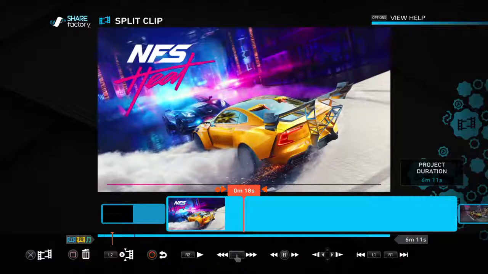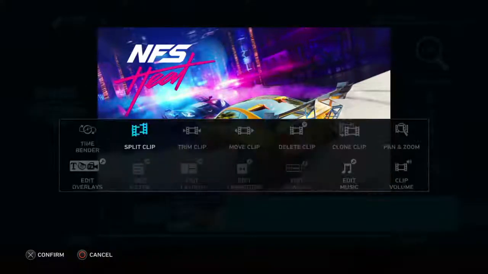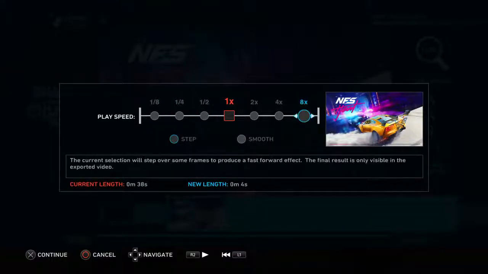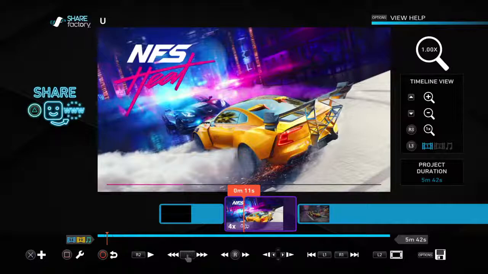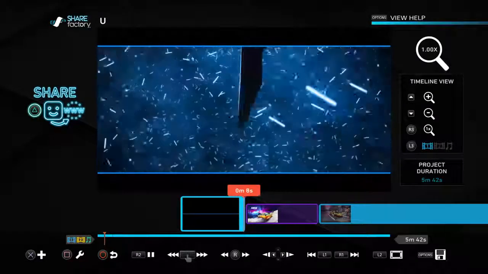Now, with time bender, right now, I'm just going to go ahead and hit circle. We're going to go back to our main settings. Once we went back to our main settings, we'll go back into the edit thing. We'll go into time bender, just so I can show you guys how that works. Now, time bender, obviously, this is going slower. Going this way will be faster. And you can have it where it's stuttered a little bit, or you can have it where it's smooth. I'm going to make sure it's smooth. And I multiplied it times 4. So